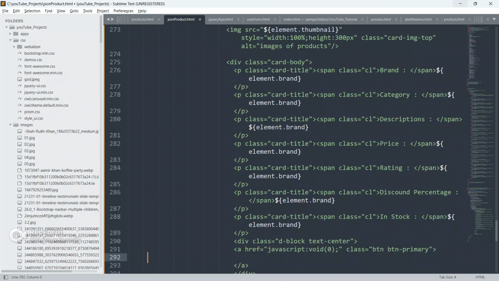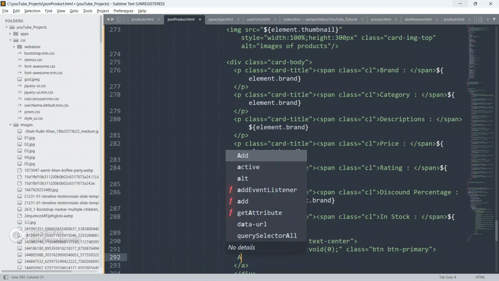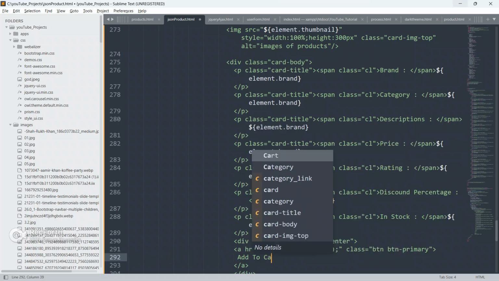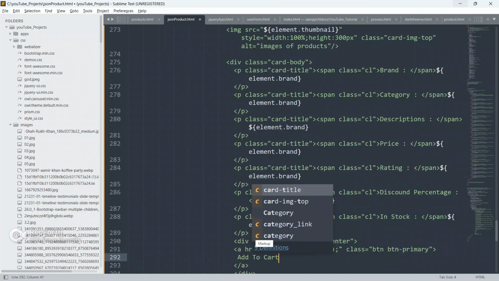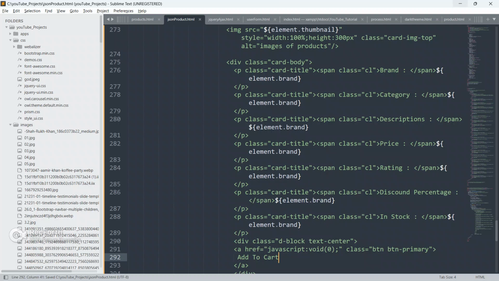Close this now and put text inside this anchor tag, guys: add to cart.